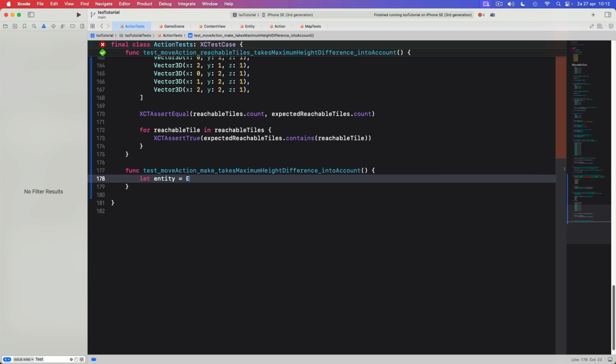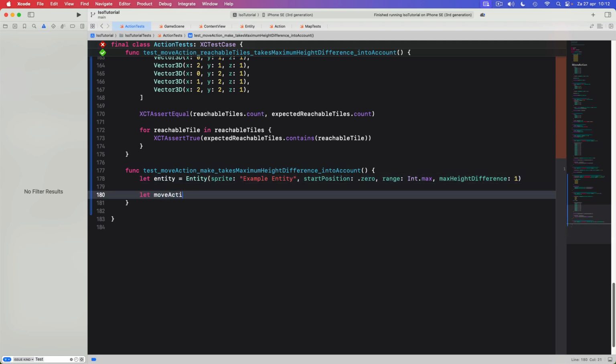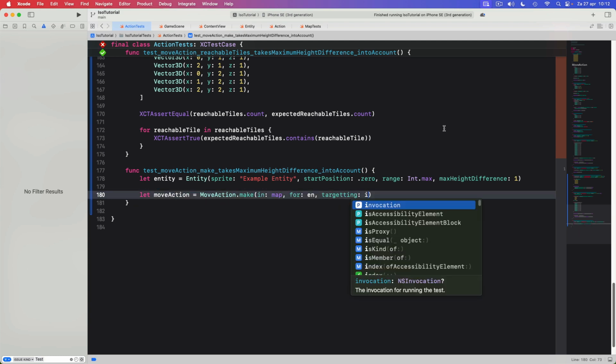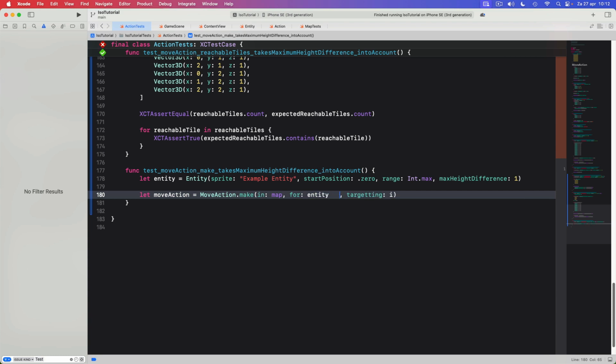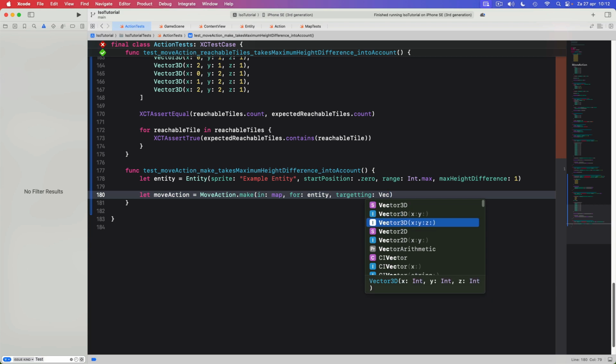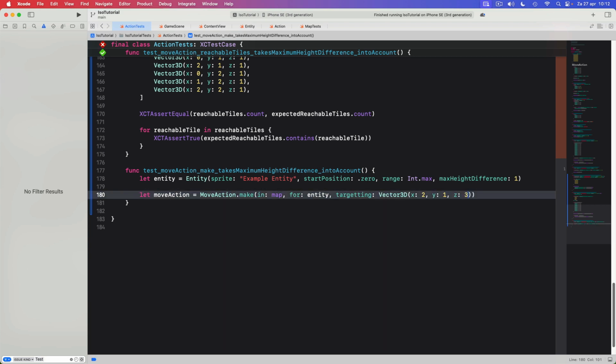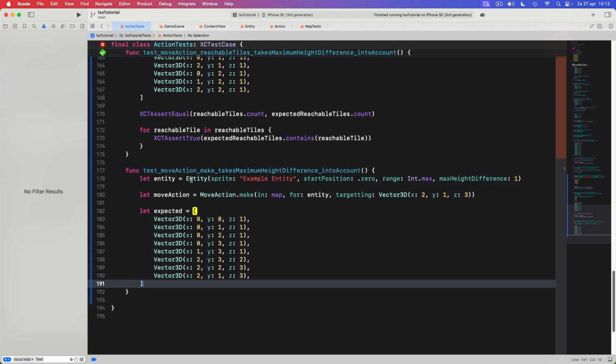So we need an entity. And it can start from 0. It will have an unlimited range because we're not interested in range now, but it has a max height difference of 1. Let's create a move action in this map for this entity. And we want to go to 2, 1, 3. Then we expect a path